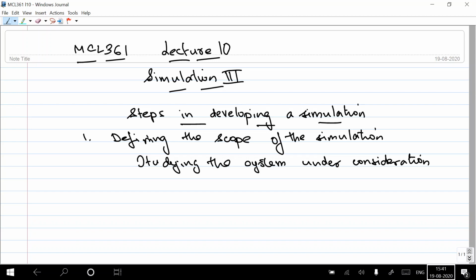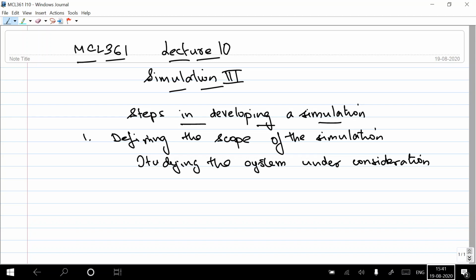I may also be focusing, for example, on the inpatients, on the childbirth care services, on the ICU, on the emergency, on the casualty, and so on, right? In such a situation, you actually want to study the entire system. You have to discuss with them what things you can include in the simulation, because it's not possible to include every single thing. So you may broadly want to focus on medical care, and maybe some essential ancillary services you may want to include as part of that, where medical care directly depends upon provision of those ancillary services.